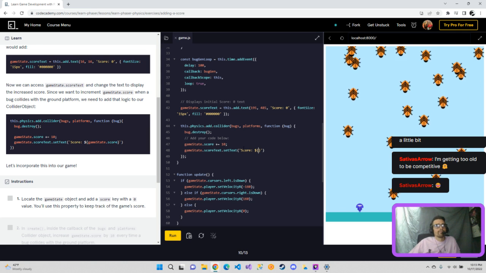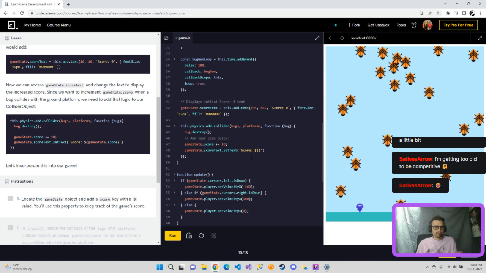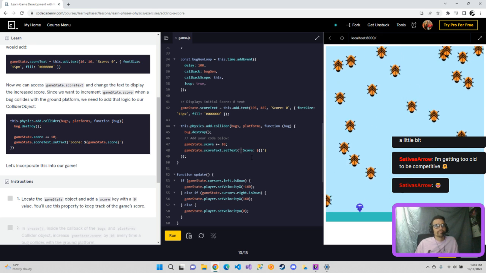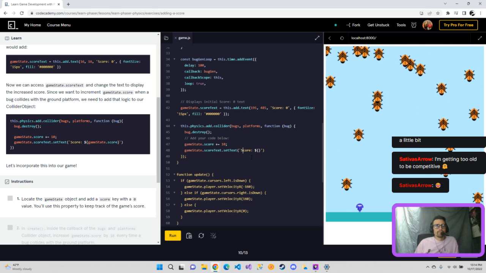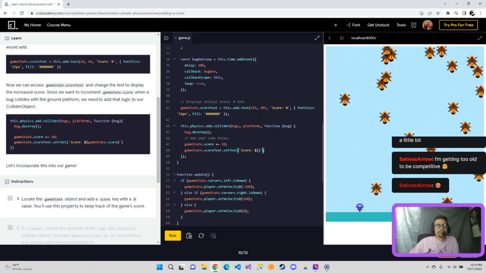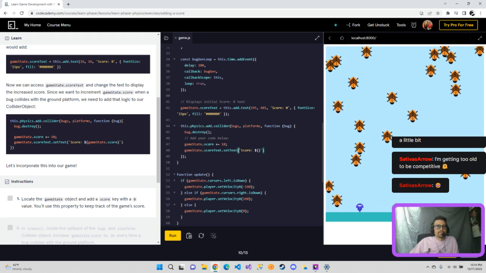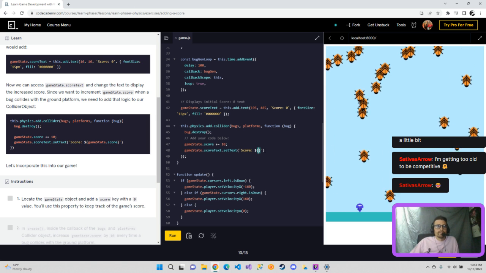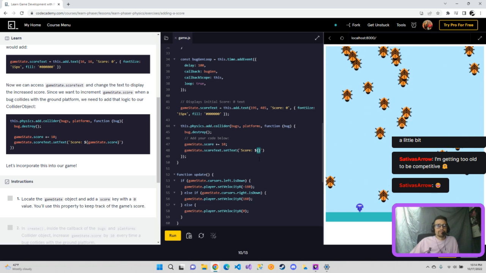Yeah. Ah, that's right. We have to add a tilde, because we are putting a variable inside here. So instead of putting it just like a string, if you put a tilde inside here, this will actually let you